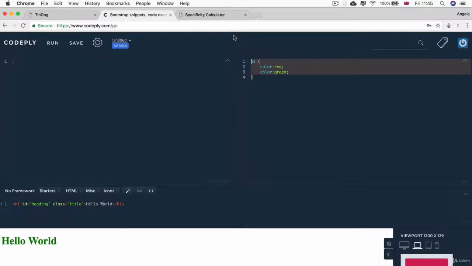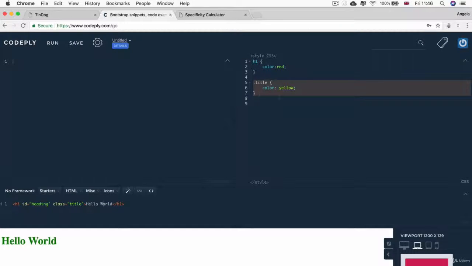Now, as we said before, I can either use the H1, which is an HTML element selector, to change the color, or I can use the class, which is title, to change the color. So let's change it to yellow. Now, a class is more specific than an HTML element. So think about it: on your web page, you're probably going to have more HTML elements than classes. So for example, if you had a whole bunch of paragraphs, they're probably all going to have different classes. So it makes sense to make the class selectors have higher priority because they are more specific. So if I hit run now, you'll see that the hello world is now yellow instead of red because this